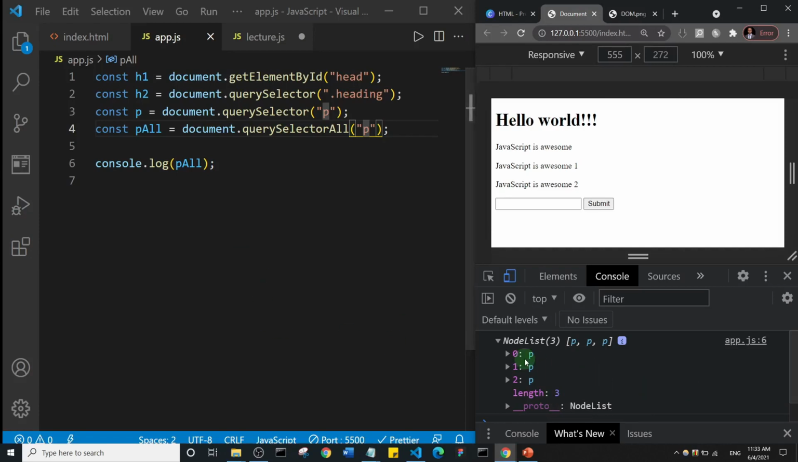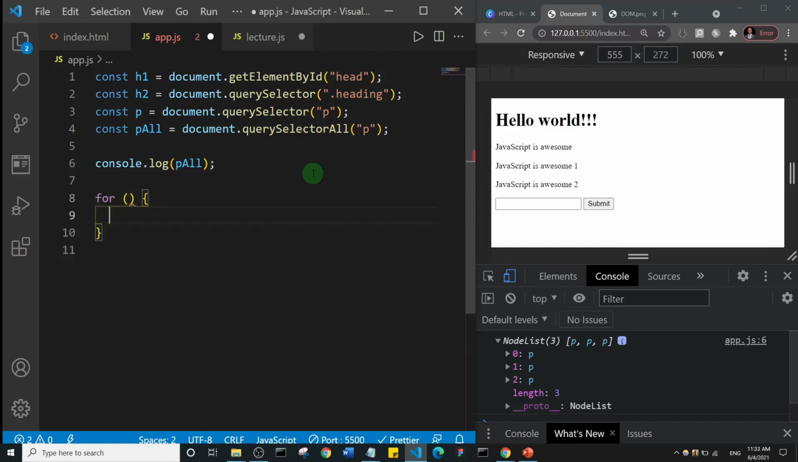Now that we have a node list, what we do on an array can also be done on a node list because it's just a group of elements. If you look at it here, you see that it's wrapped in square brackets. So it's like an array, even though it's called a node list. So I'm going to create a for loop and loop through this variable that is selecting all the paragraphs